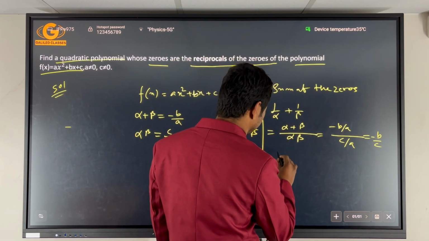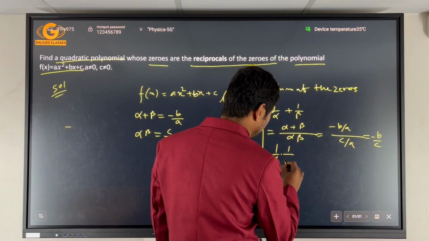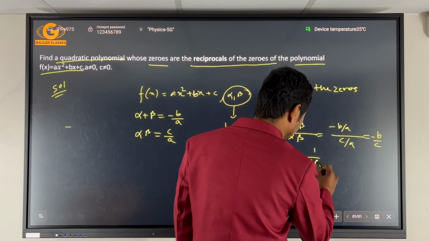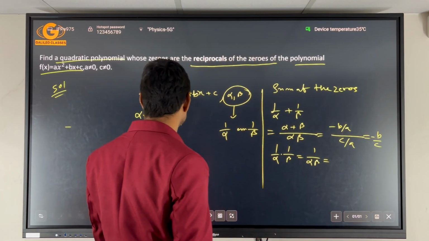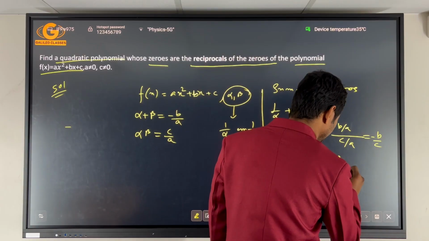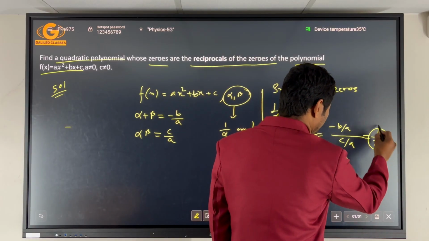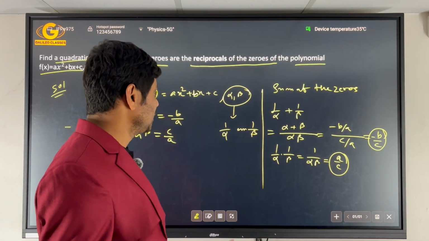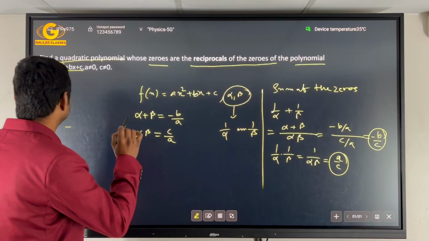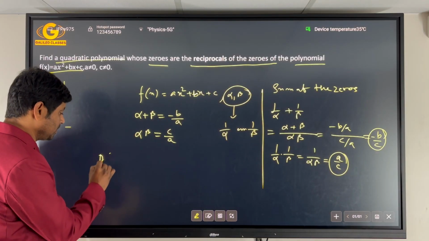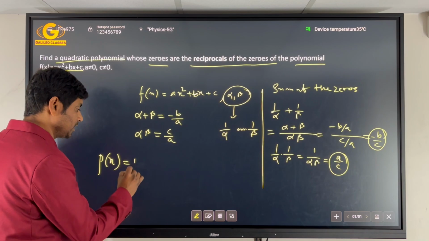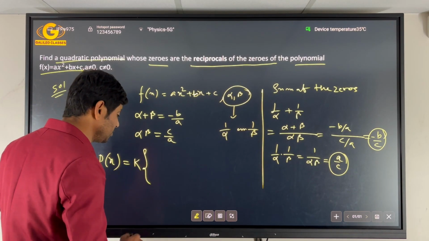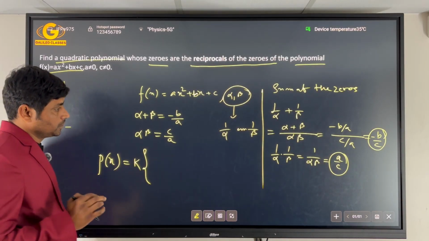And product, 1 by alpha into 1 by beta is equal to 1 by alpha beta, and alpha into beta is equal to c by a, then it will be a by c. That means sum of the zeros and product of the roots have been found. Next I have to find the polynomial, a quadratic polynomial. Therefore the required polynomial phi of x is equal to k into, because there will be a constant multiplication in front, where k is not equal to 0,